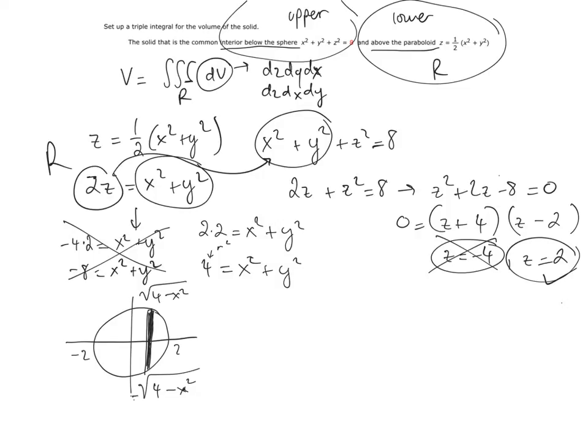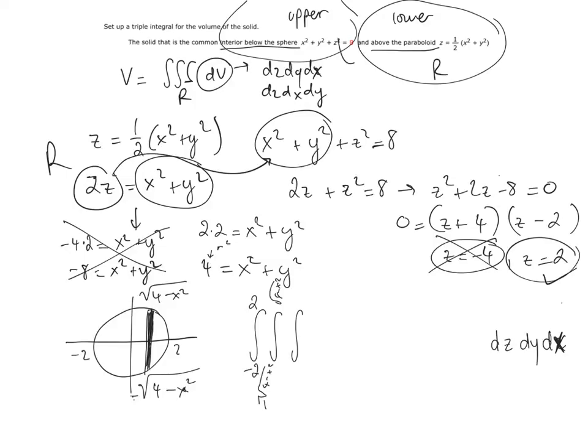Okay, so now you can start setting up your integral. It's going to be dz dy dx. So dx is going to be from -2 to 2. dy is going to be from negative square root of 4 minus x squared to square root of 4 minus x squared. And then your z will be